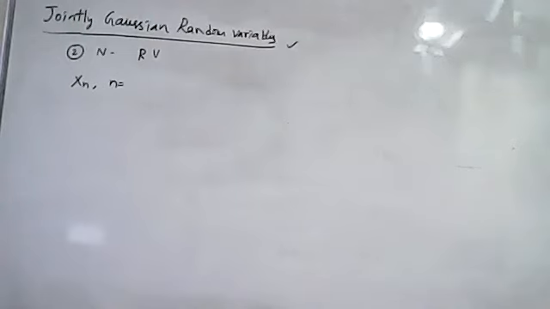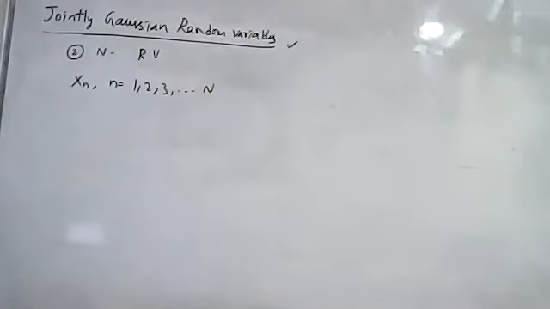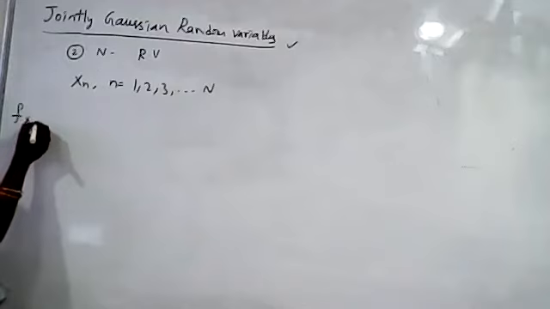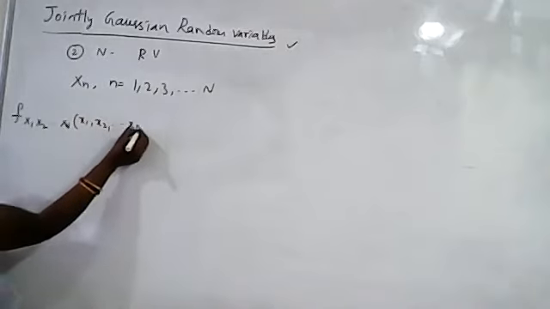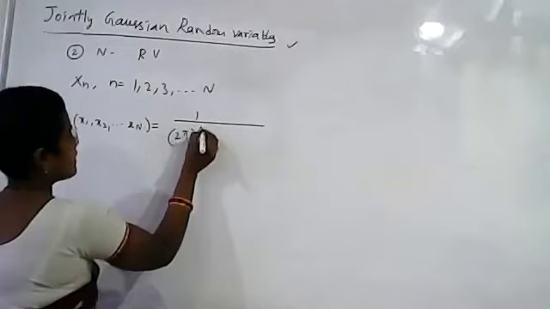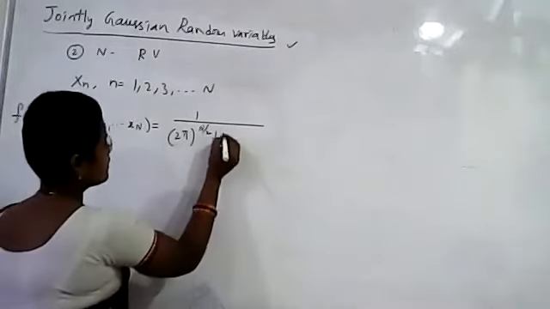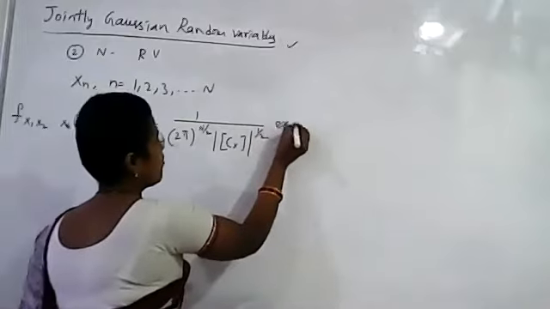Consider n random variables Xn, where n varies from 1 to 3, so on up to capital N. These random variables are said to be jointly Gaussian if their joint probability density function is given by the formula f(x1, x2, ..., xn) equal to 1 by (2 pi) whole power n by 2, mod Cx power 1 by 2, exp of